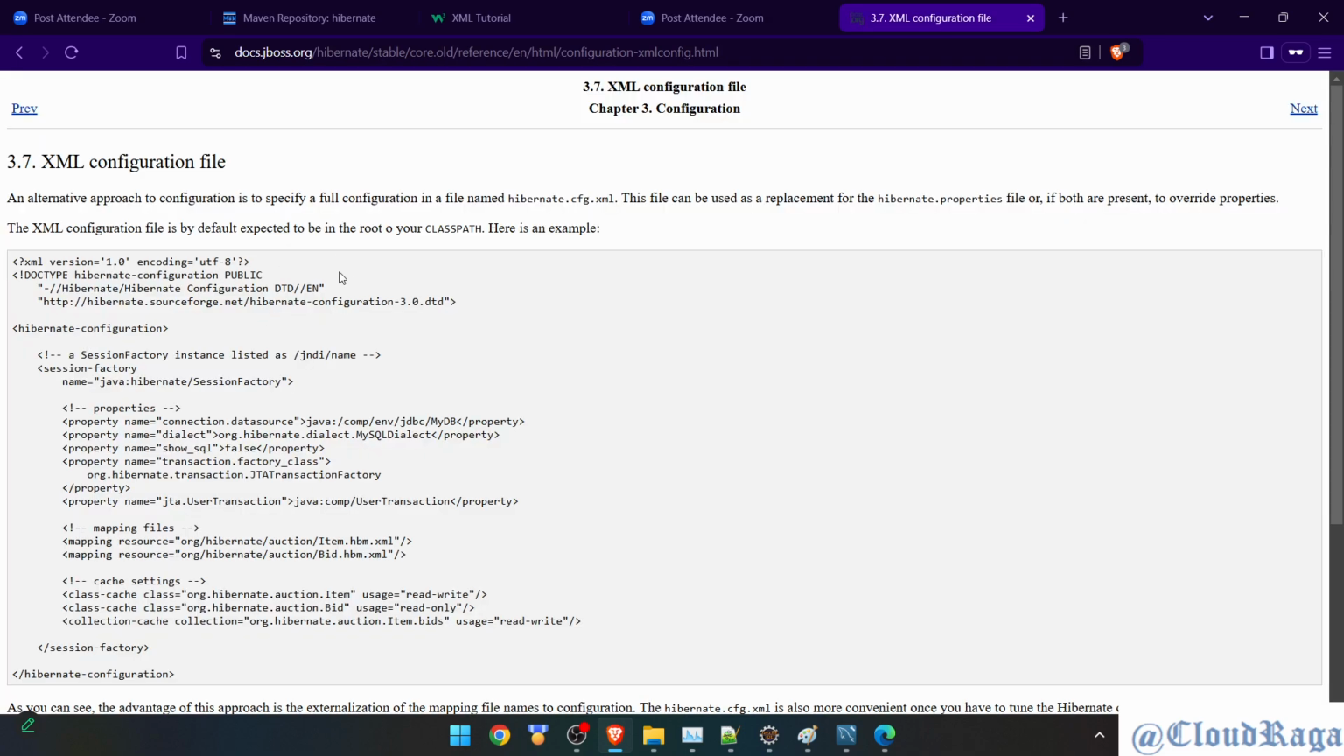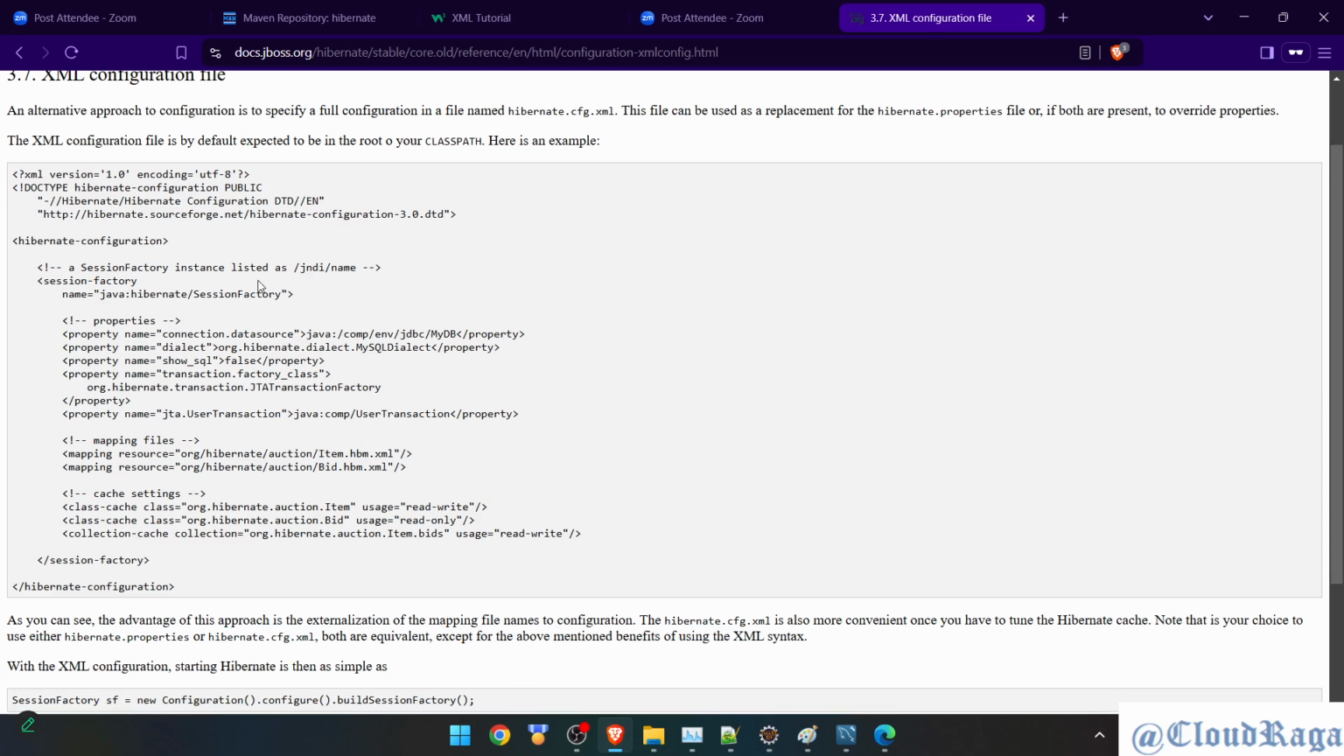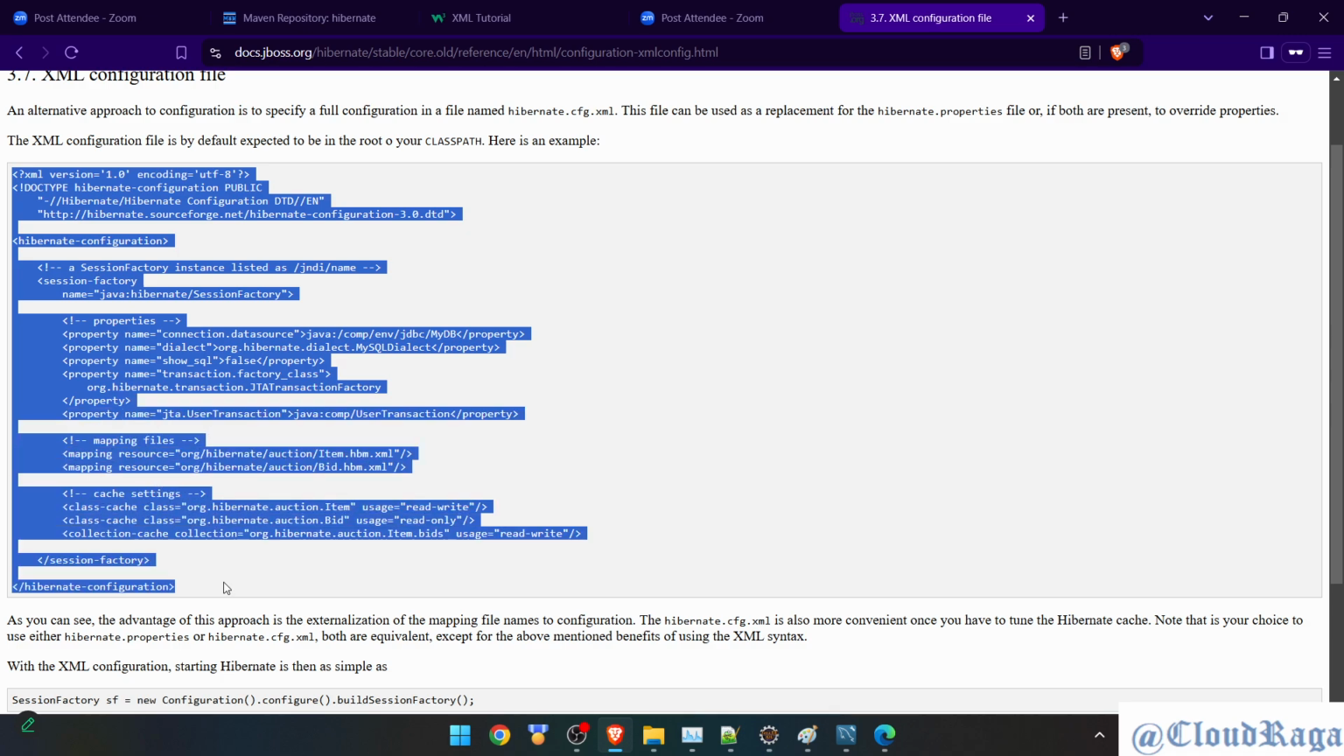And here it is. So you don't have to refer to any third-party website or tutorials. You can open the official documents as well. JBoss is the owner and they are maintaining Hibernate. So you can go over to this website and you can see this is the thing. It's the same thing we just added in our configuration. So either you can copy-paste from here,